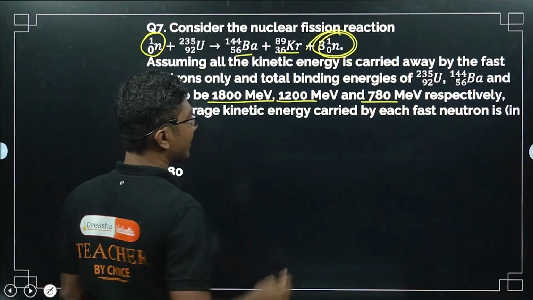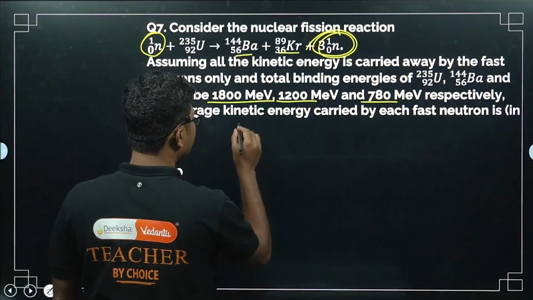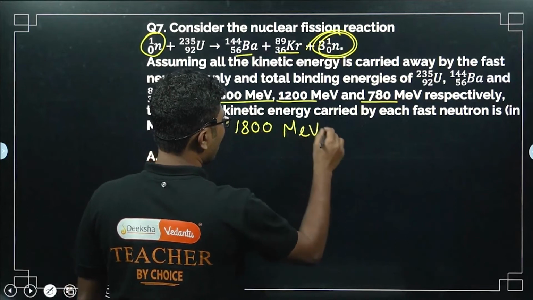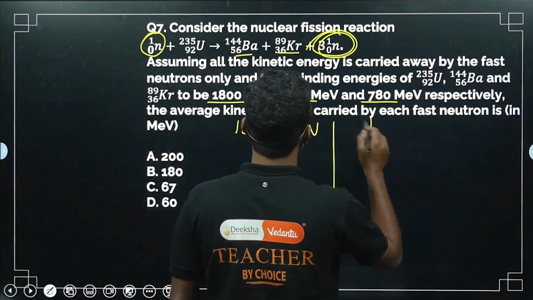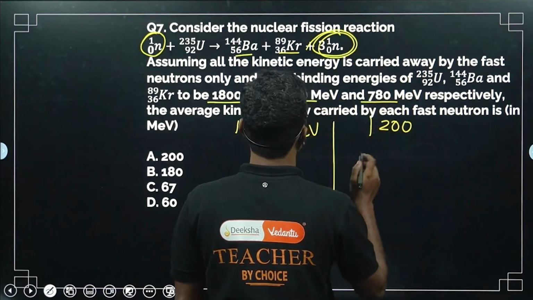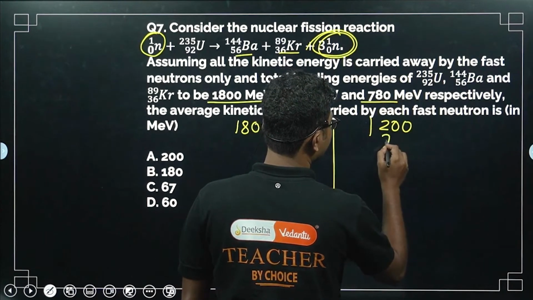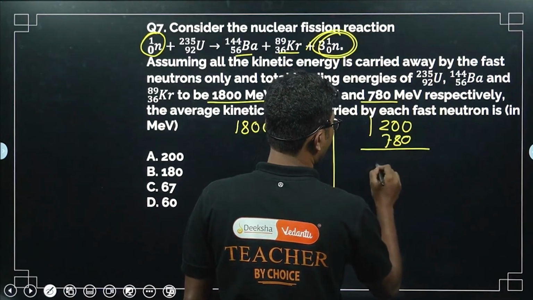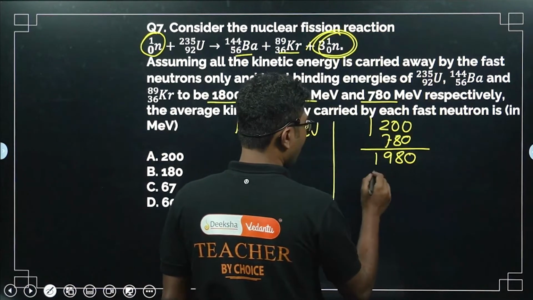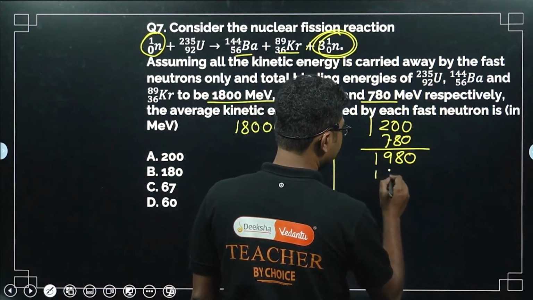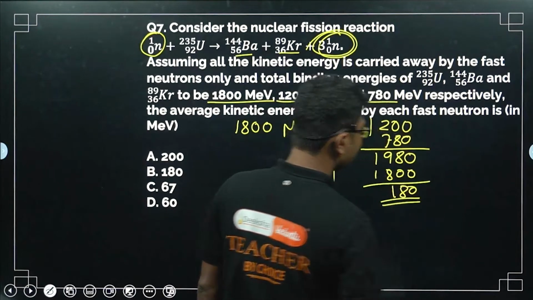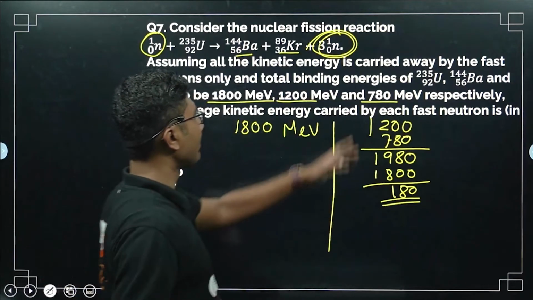So first of all, let us find the difference in energy. What is the initial energy? Initial energy is 1800 MeV, right? What is the final energy? Final energy for barium is 1200, and for Kr it is 780. So it is 1980. So what is the difference? You have to find that difference in energy. That is 180. Now this 180 MeV is the energy gap that should be taken away by these fast